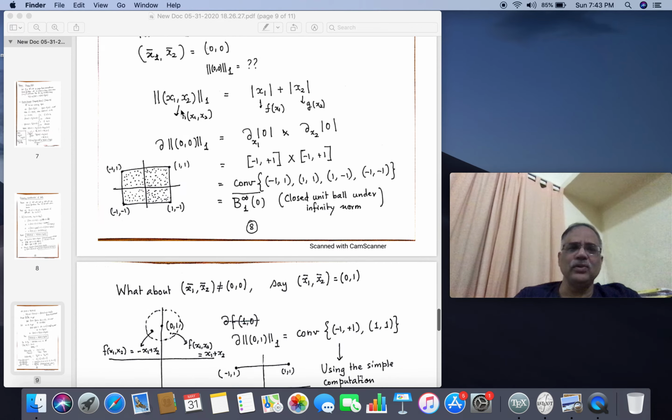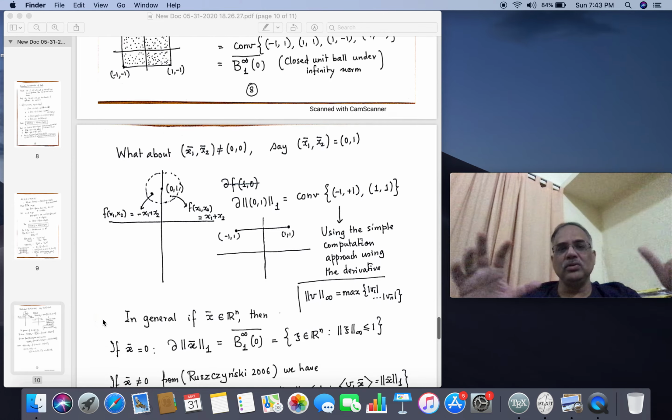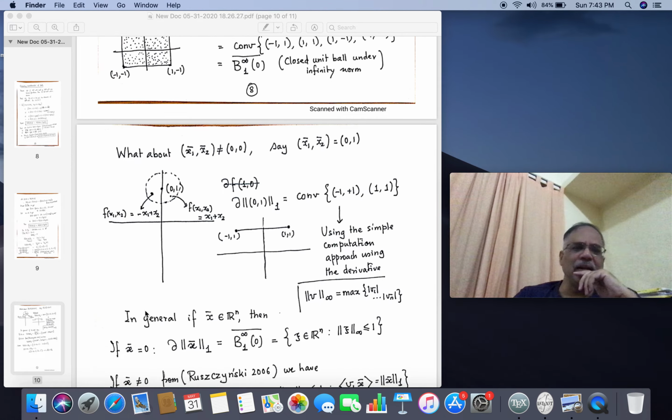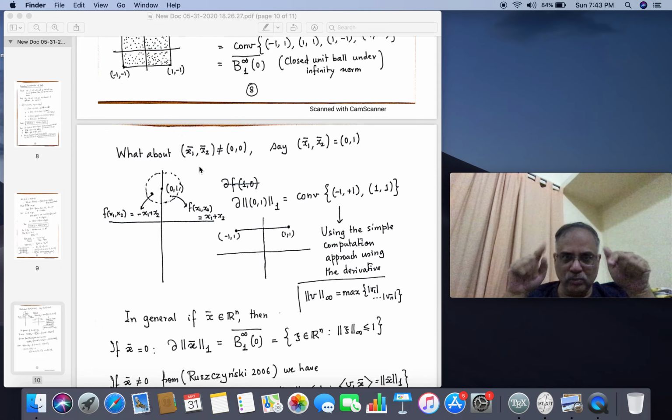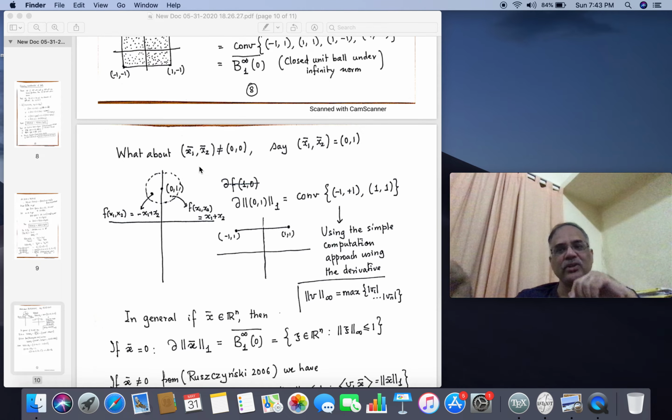Now here at (0, 0) I easily computed. What about at non-zero points? How do you do it? Let us take the point (0, 1). As I told you, just draw a small neighborhood around (0, 1). Look at that. On this line, that is the y-axis, this function is non-differentiable, because the first part, mod x1, is not differentiable, since it is evaluated at 0. The other part, x2, is differentiable. So it is non-differentiable on this line, but at all other points inside this neighborhood it is differentiable.